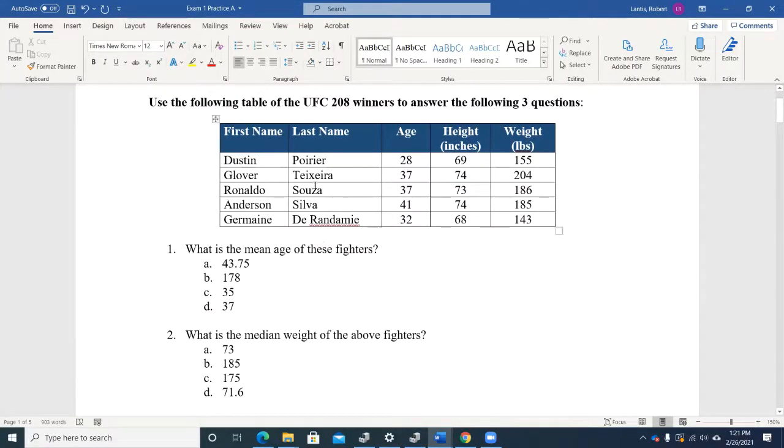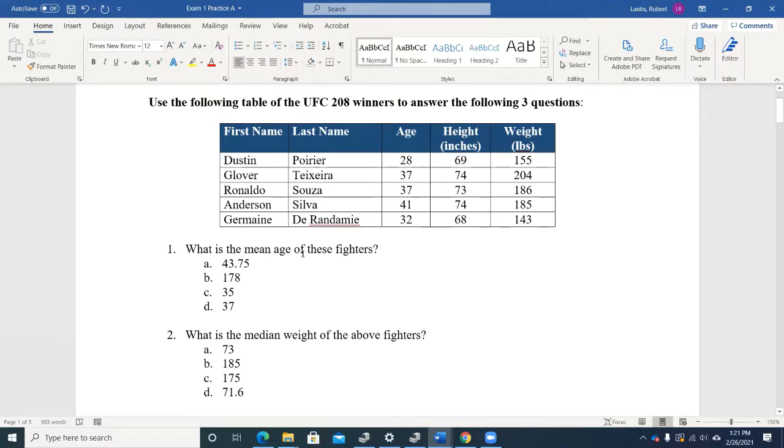So here I've got 5 different UFC fighters. What's the mean age of these fighters? So if I'm looking at their age, which of these answers could I actually rule out right away? Before I even go to the formula, I can rule A and B out because if I look at this age, remember,